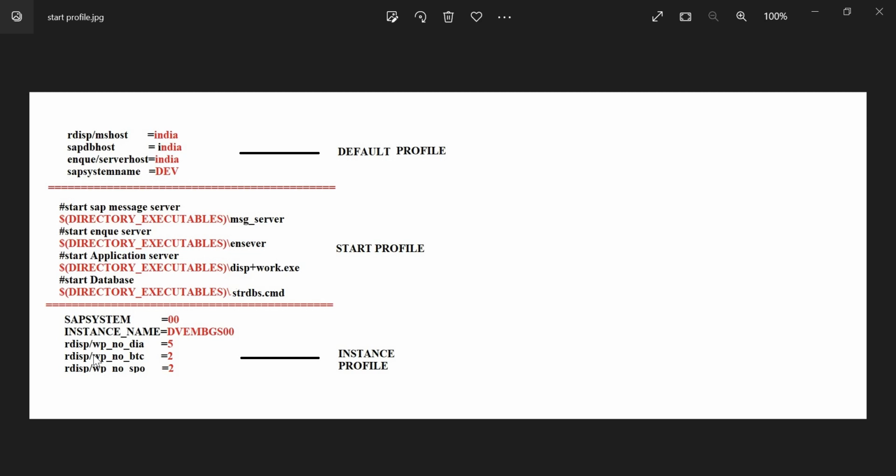Okay, now I want to change this dialog work process to 6 dialog work processes. So what I need to change? I need to change this parameter value. What is the parameter? rdisp/wp_no_dia. That is the parameter for your dialog work process. I need to change that. How I need to change that? Remember,